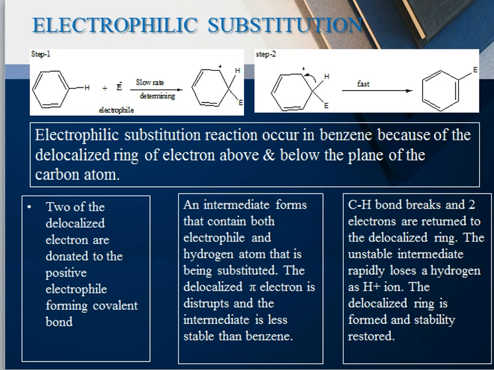So firstly, the electrophile attacks the benzene ring and forms a covalent bond with it, and here this double bond breaks and the carbon gets the positive charge due to the lack of a bond on the carbon. The next step is a fast step. In this step, the electrons from the hydrogen are transferred to the carbon and make a double bond, and the hydrogen is removed. And this is the formation of the electrophilic substitution reaction in benzene. So the first step is a slow step, the second step is a fast step.